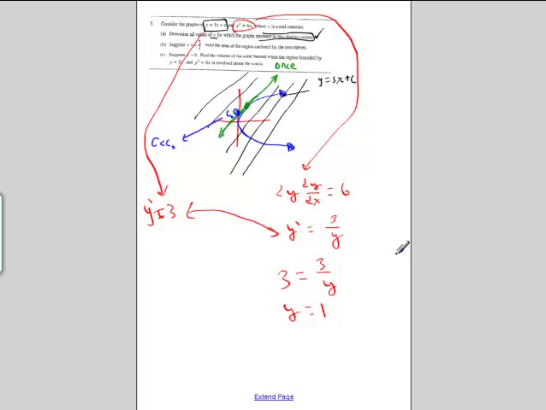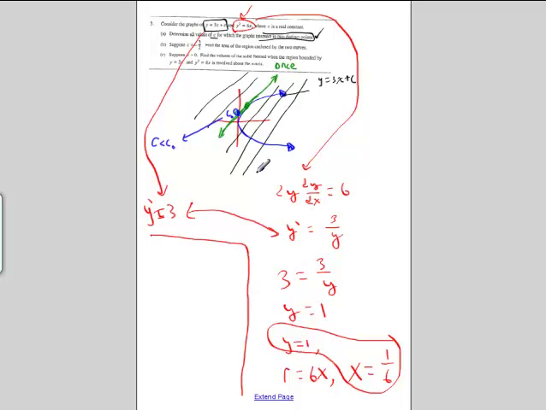Well, when y equals 1, what is my x value? When y equals 1, we have 1 squared equals 6x, so x equals 1/6. That's just plugging that into this equation here. So therefore, to find our c value,